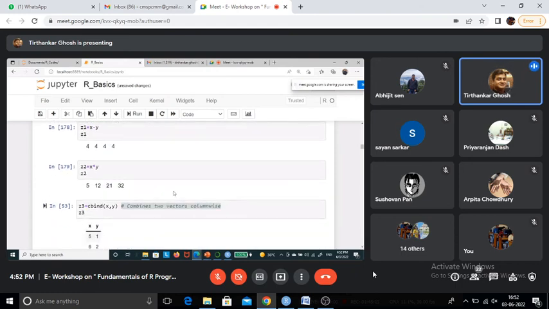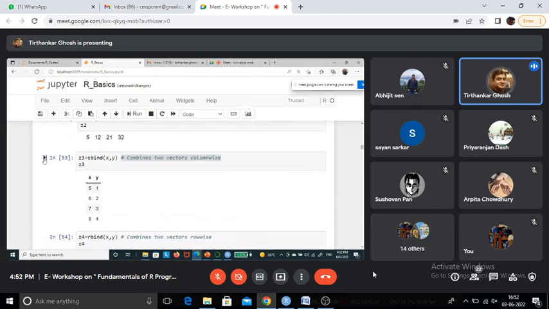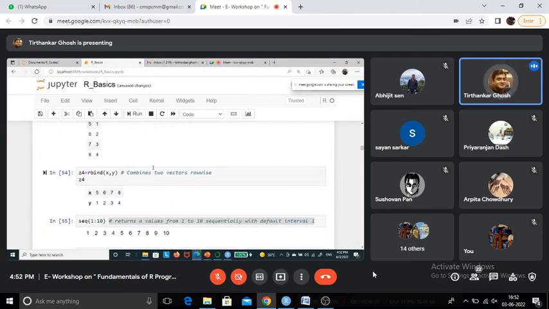Okay, now as I showed, cbind, that is column bind, x comma y, so it writes the vector values column wise, first x and then y. Similarly the row bind, rbind, you see first the x and then y.